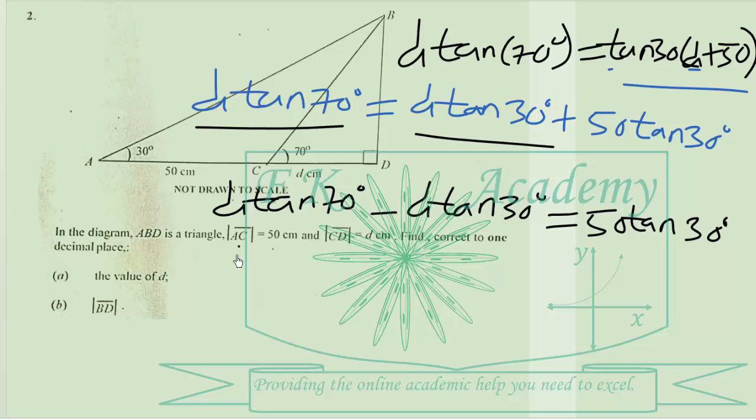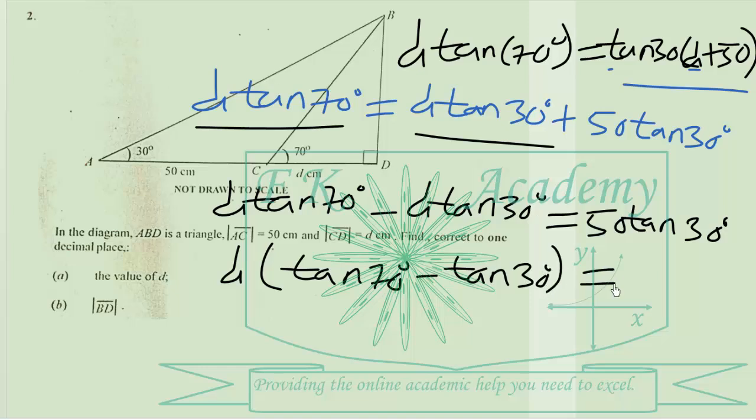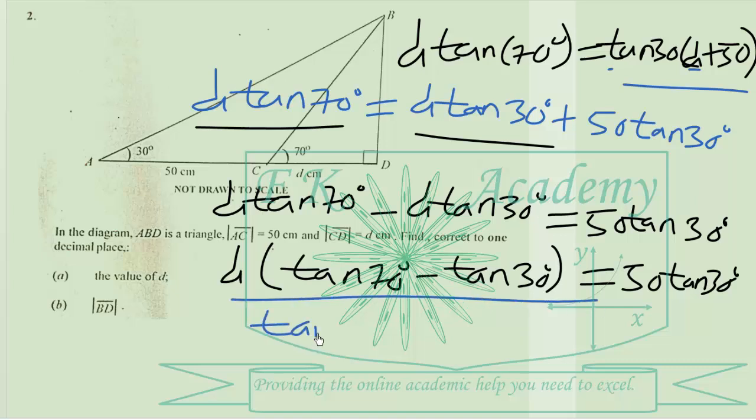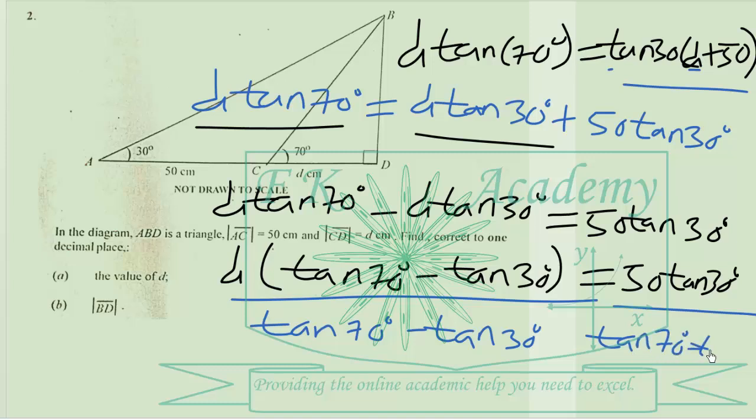I can factor D to get D times tan 70 degrees minus tan 30 degrees is equal to 50 tan 30 degrees. So we can now divide through by tan 70 degrees minus tan 30 degrees. So D will be equal to